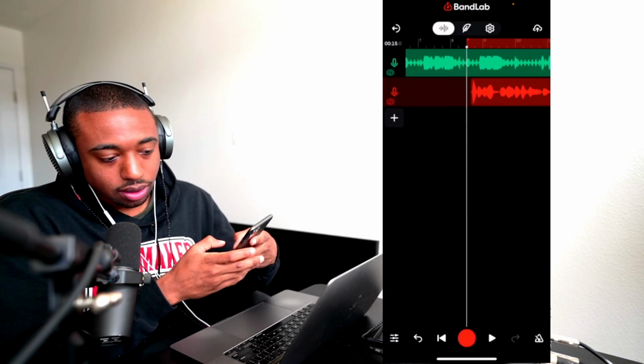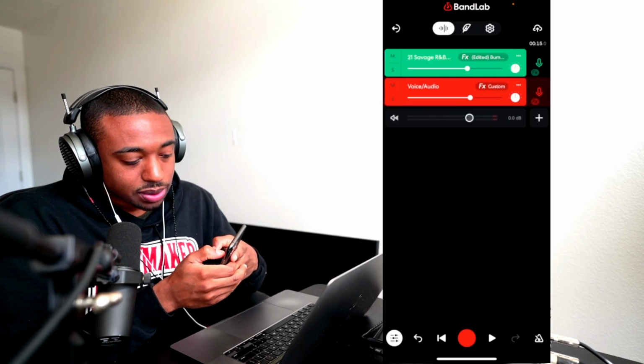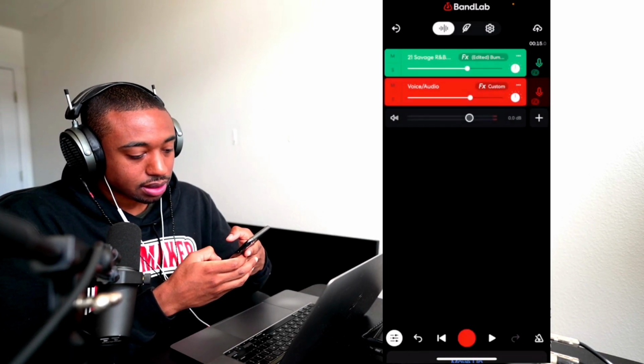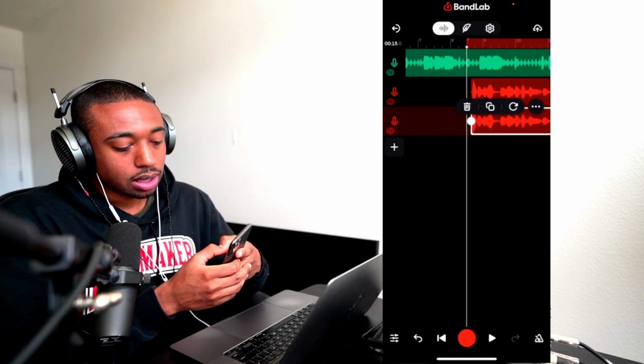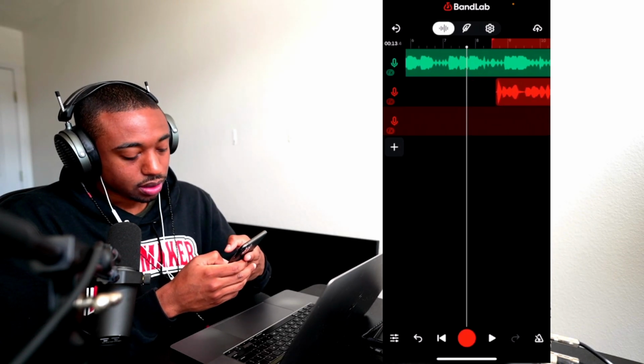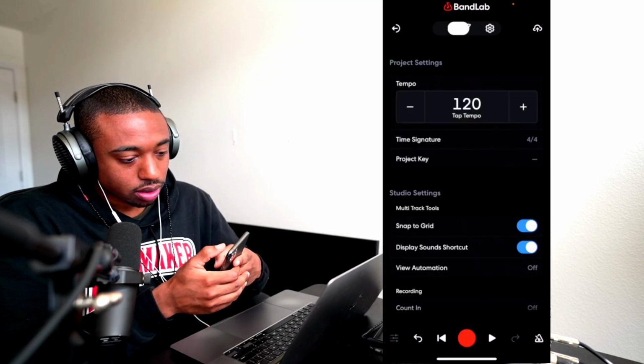Okay, so click the fader in the bottom left. Click the little ellipses where it says vocals, and we want to duplicate this. The reason we're doing this is because we want to do another take, but we want to have room to record. Okay, so I also think you could do count in recording under settings.